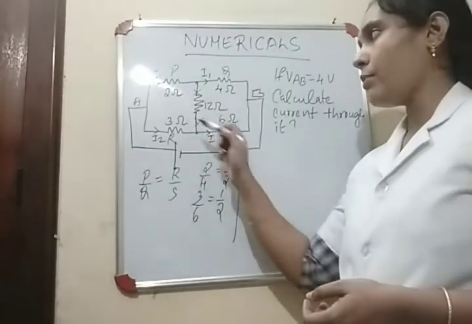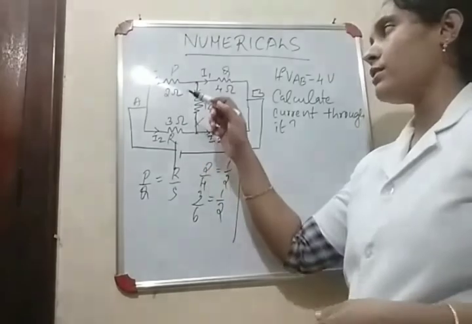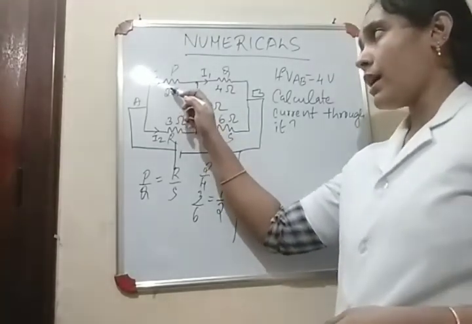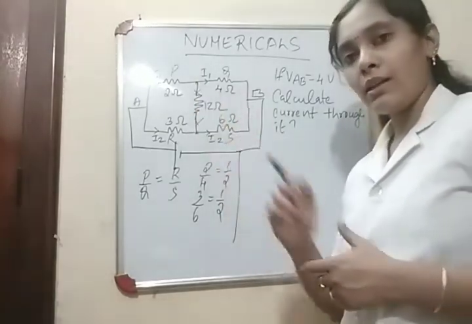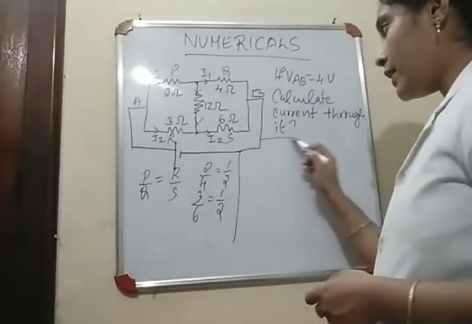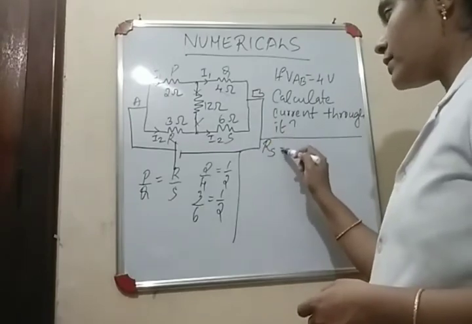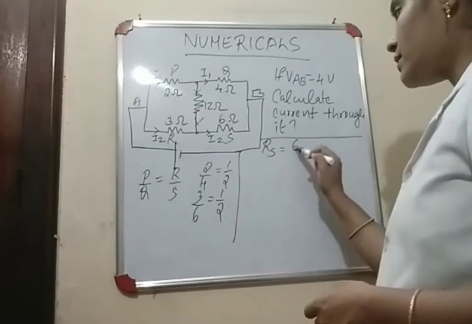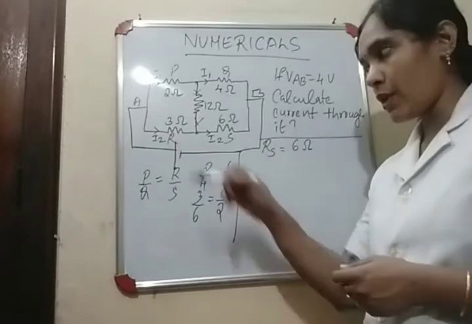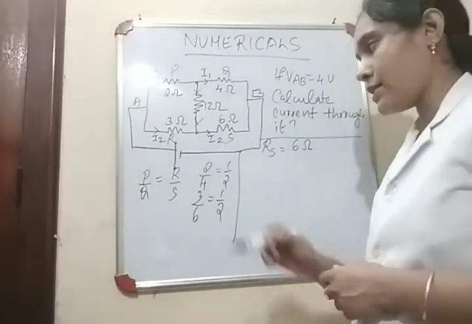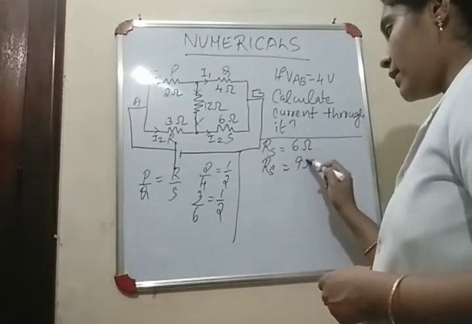So when we look at the combination, just apply the resistor combination. You have studied this in your 10th standard physics. See, the current flowing through 2 ohm and 4 ohm is the same, I1, so both are in series combination. What will be the equivalent resistance for the series combination? It is 2 plus 4, that is 6 ohm. Now again, 3 ohm and 6 ohm are in series because the same current I2 flows through them. So their equivalent resistance will be 3 plus 6, that is 9 ohm.